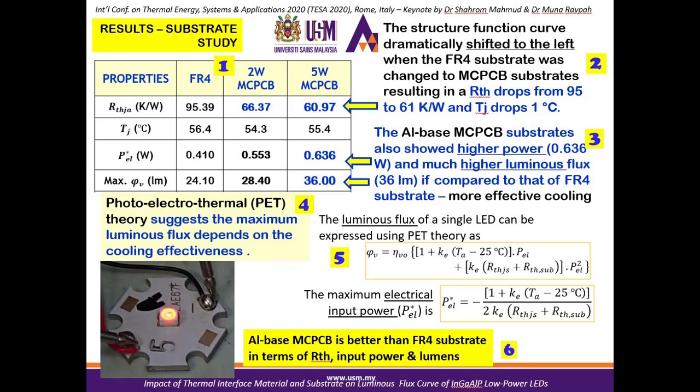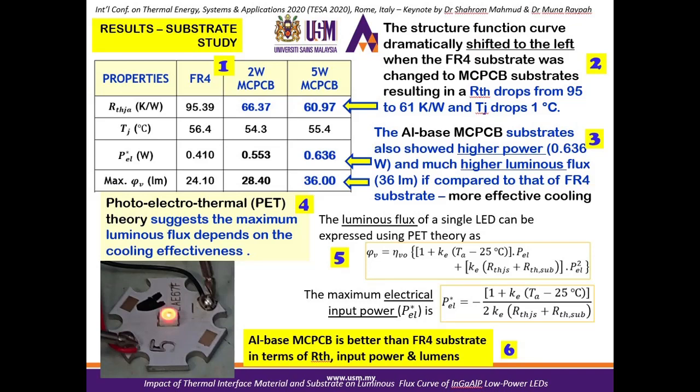That is followed by the highest luminous flux of 36 lumens. So even though the drop in the junction temperature is only 1 degree, that is enough to show very big benefit in terms of the luminous flux, and this response is supported by the